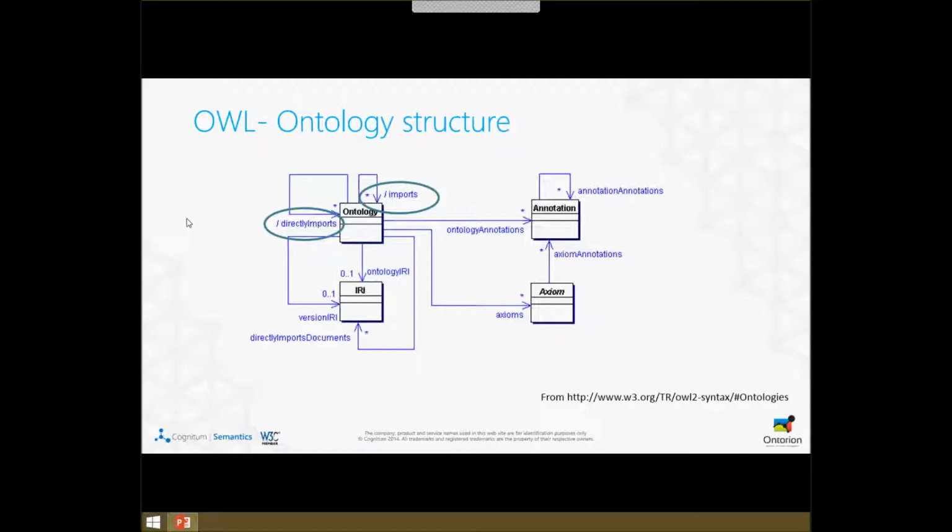it's not very clear. Import means that when you are in an ontology, you have two ways of referencing other ontologies. One is by importing it. So if you import this ontology, you will import the other ontology plus all the things that are written in this other ontology, while you can also only reference this ontology. And in this case, you will use, for example, some prefix or some namespace, but you are not